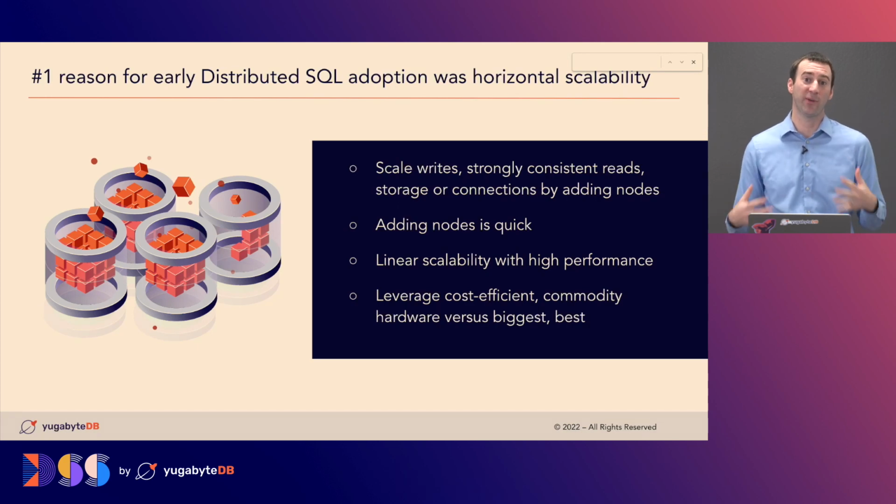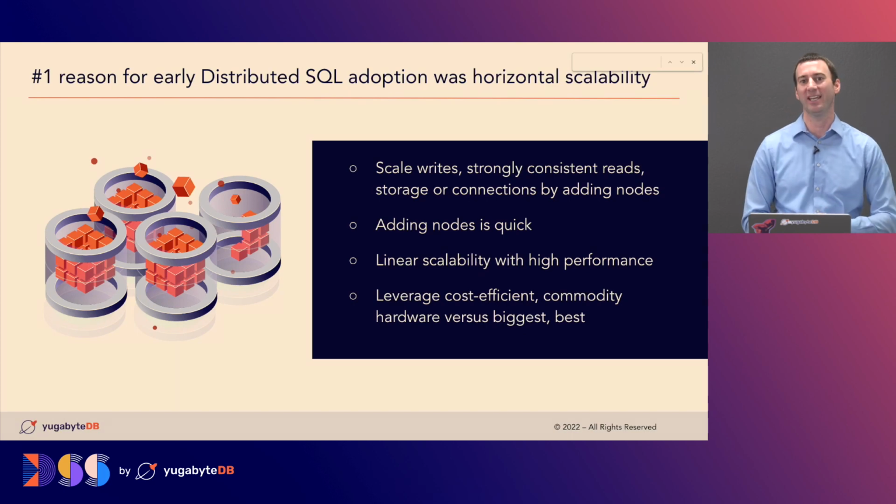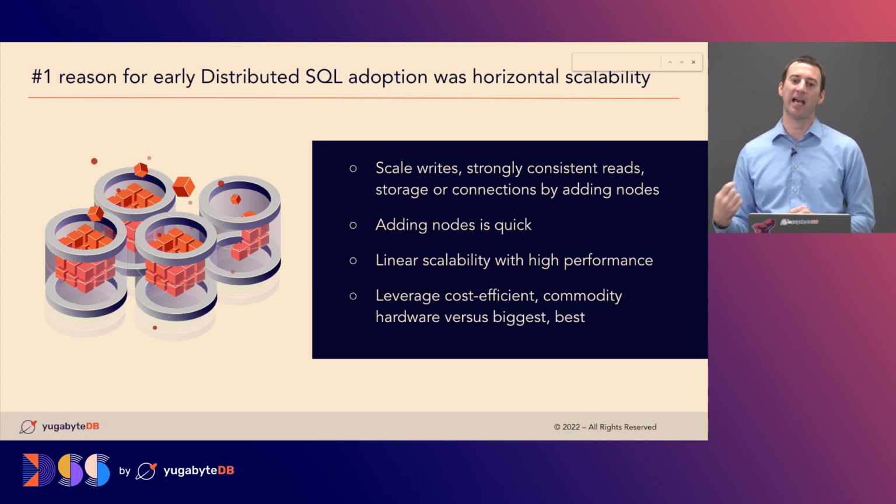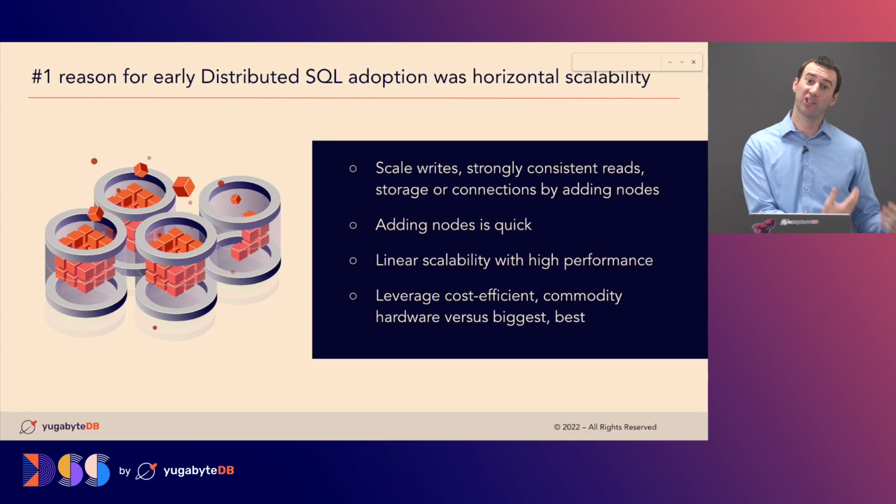Just like as people, we breathe, it's autonomous. It's just something that we do. We don't think about it anymore. This notion of scale is just built into the DNA of distributed SQL. As you bring a new node into that cluster, the system has the intelligence to recognize that node, know how to rebalance the data, and continue to grow and expand out. And the benefit is that linear scalability also allows you to maintain high performance. Being built with scale in mind, maintaining low latencies and performance at scale is fundamental to what it does.